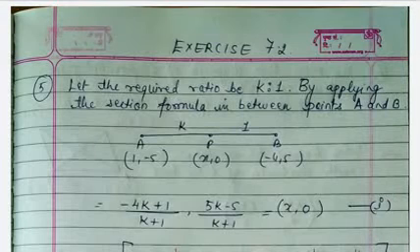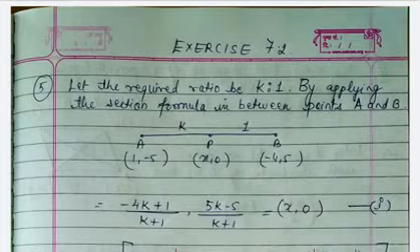Good morning, class. Today I am continuing your exercise 7.2, question number 5. Find the ratio in which the line segment A(1, 5) and B(-4, 5) is divided by the x-axis. Also find the coordinates of the point of division. It means the 2 points A and B are given and the x-axis divides the segment, and you have to find the value of those coordinates, right?